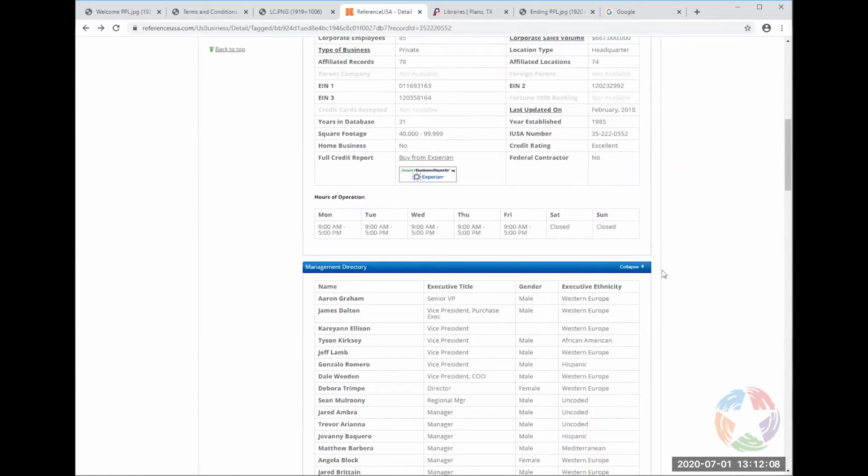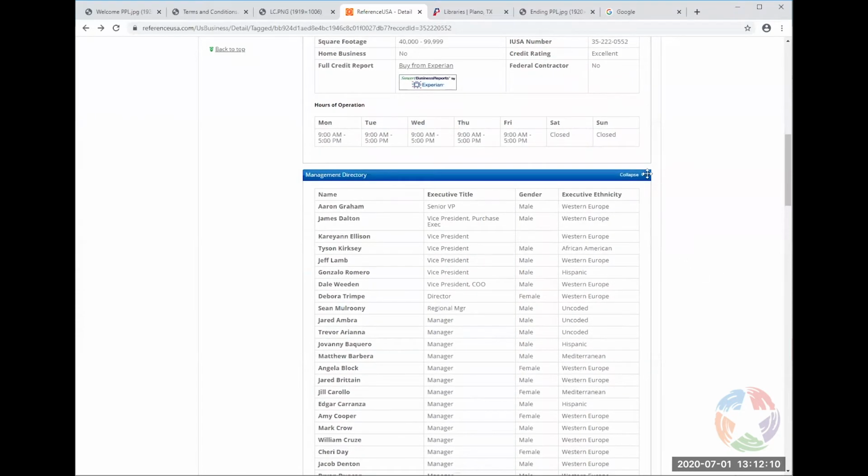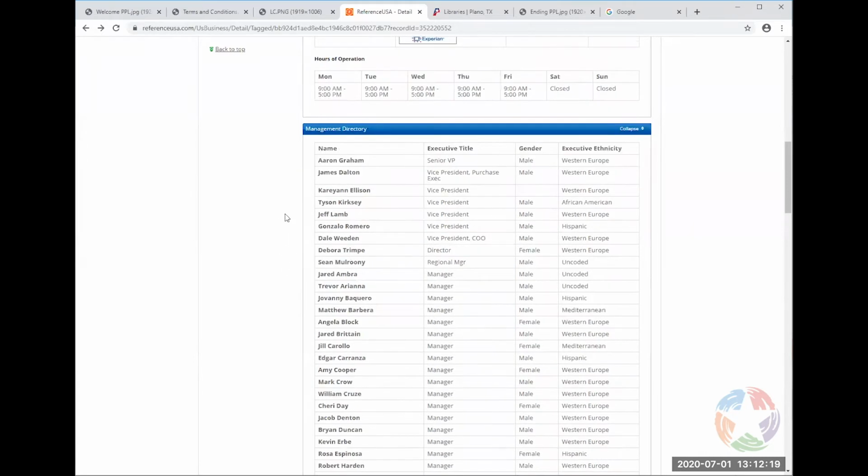That might be a little different nowadays, so take that with a grain of salt. Over here, it tries to give you the management directory. They used to update this. They used to basically circle back around to companies about every 6 months.